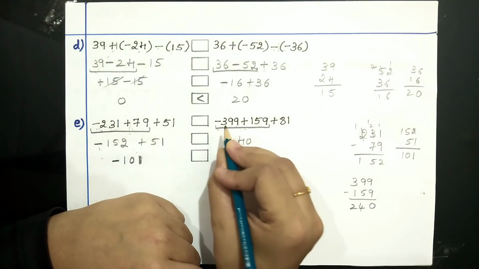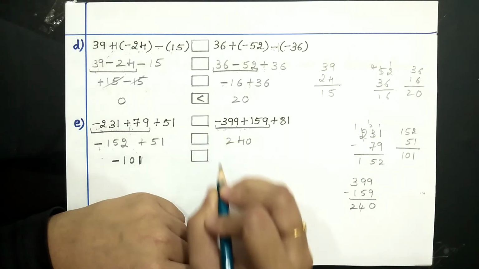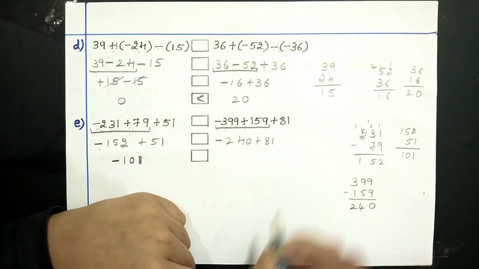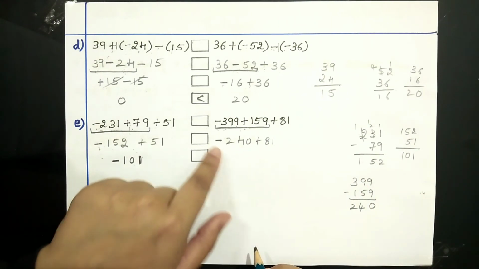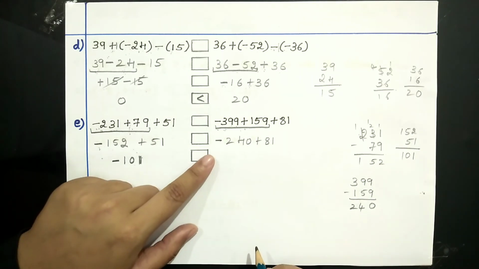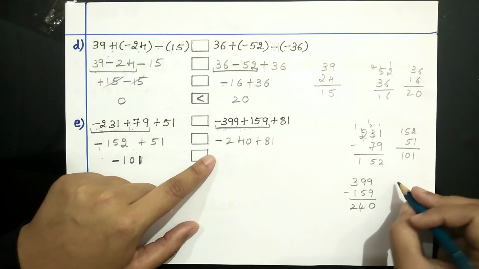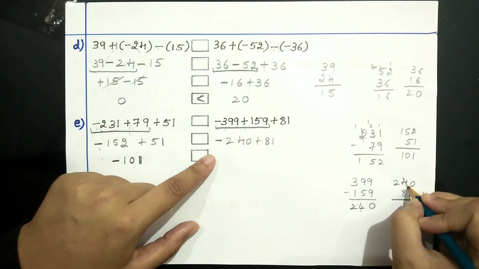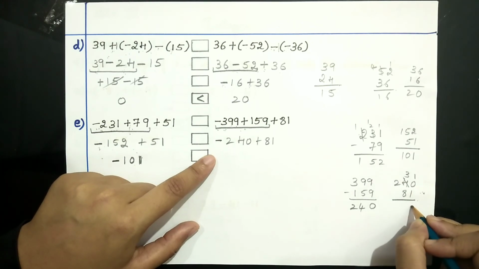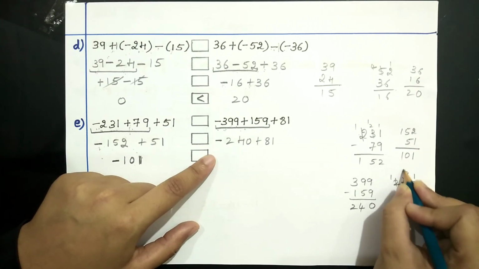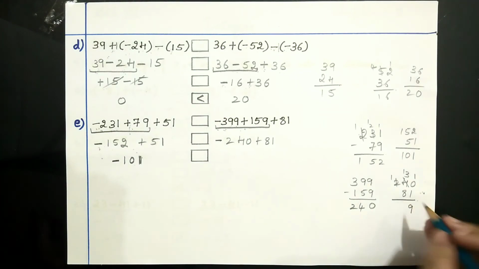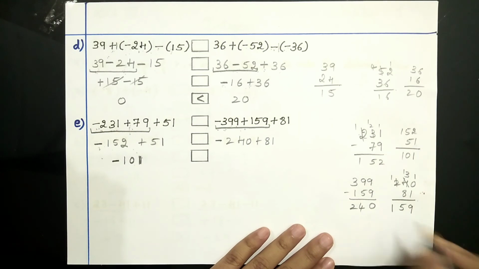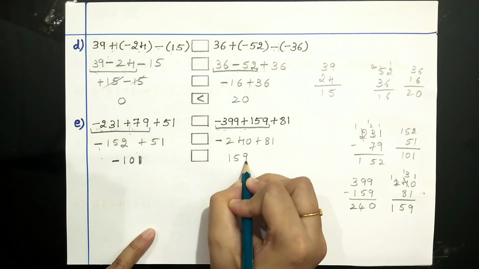And which sign you have to put? Greater number sign. 399 is greater, it is having minus sign. So let me put here minus, and this plus 81 as it is. Now again, since these both the signs are different, you have to do subtraction. Subtract this: 240 minus 81. This becomes 3, 10 minus 1 is 9. This becomes 1, 13 minus 8: 8, 9, 10, 11, 12, 13. So this becomes 5 and this becomes 1. So 159 will be the answer.